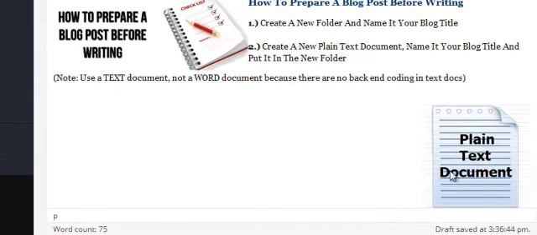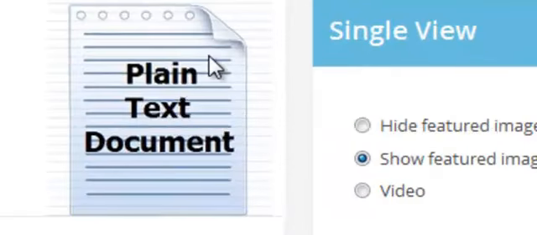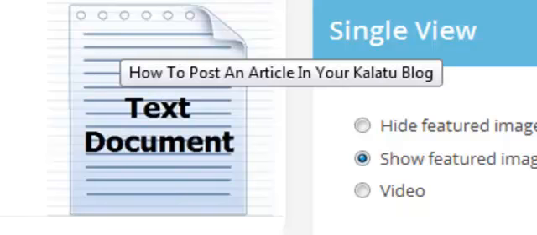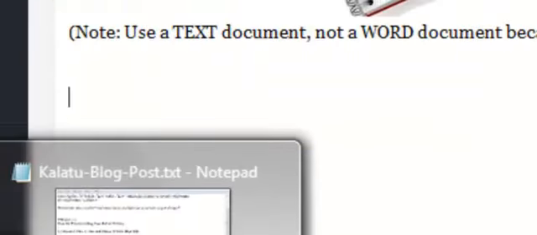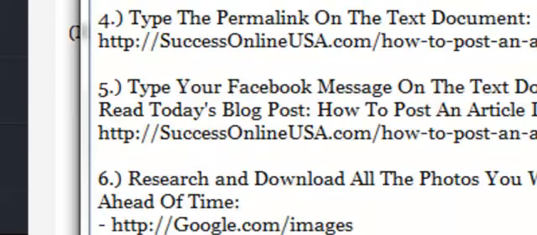You see it? If I hover over this image, you will see how to post an article in your Kalatu blog to the right corner of my arrow. See, I'll do it again. There it is. Now that the blinker is blinking right there, I'm going to come back,